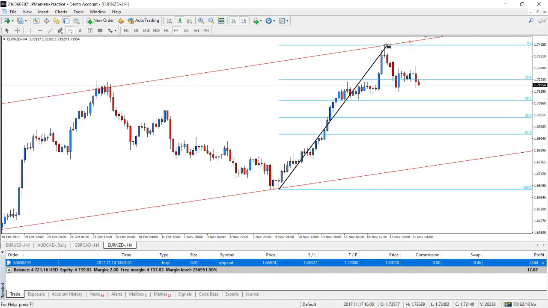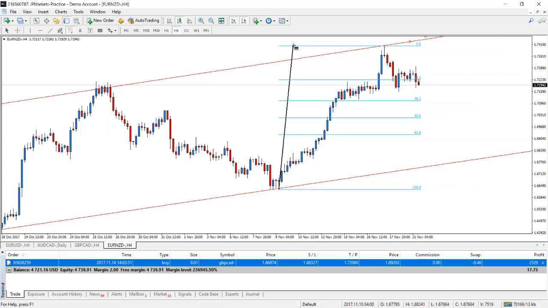Now I'm not going to draw them all the way across. I'd prefer to pull it backwards just so it doesn't take up too much space. There we go. Now we can use these fib lines to see if the market is going to come and